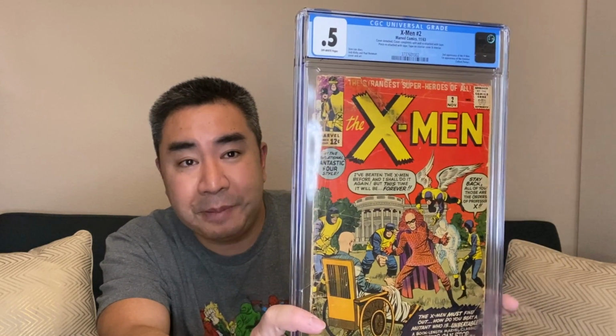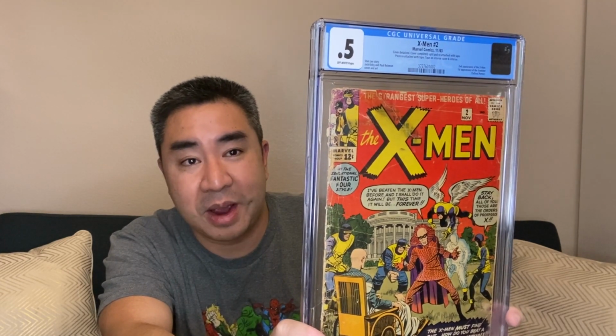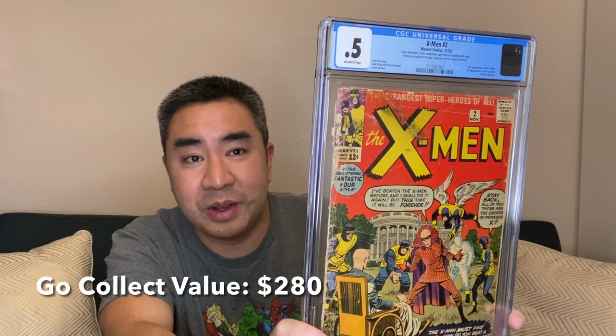So even though it is a complete book, because of all the issues and the tape and the complete spine split and the cover detached and the tape, just so much tape. There's probably more tape than there is paper on this book, and that's why I got a 0.5. So I'll put on here what the value is of a 0.5, but I don't even think I broke even on this book. I'm not sure what a 0.5 goes for. Hopefully I came out on top, but